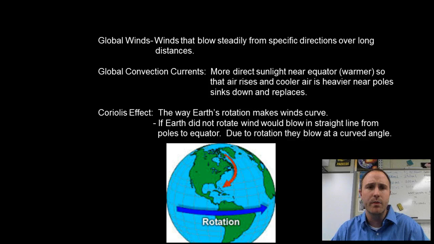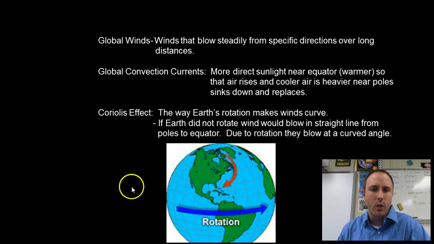And there's also another type of wind. It's called global winds. Global winds are the steady blowing of winds over long distances. Our whole Earth, as we know, is turning, and so we end up having global convection currents, where there's more direct sunlight near the equator, and it warms up so that the air rises, and cooler, heavier air near the poles sinks down. It's this idea of the heating and cooling that we had talked about, except now what we have going on